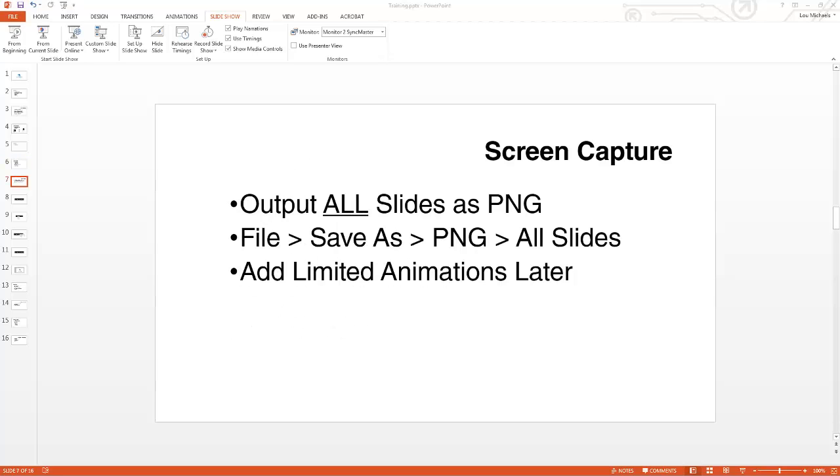Now, for doing screen capture, we're not actually doing any kind of capturing. We're not sitting in front of the video, reading the slides, and then hitting the down button as we go through it. We're going to output all the slides of the PowerPoint presentation into PNG images and align those images to the audio. Now for PowerPoint, it's generally easy as File,